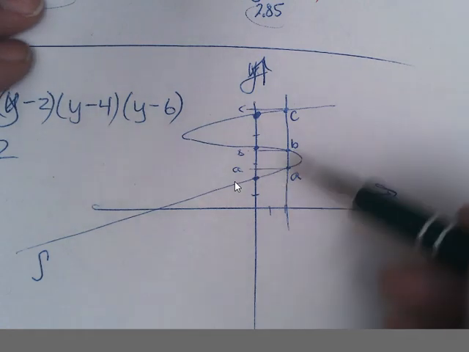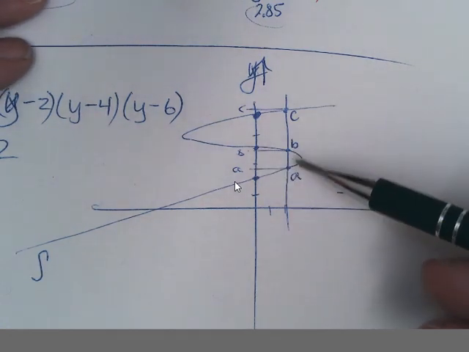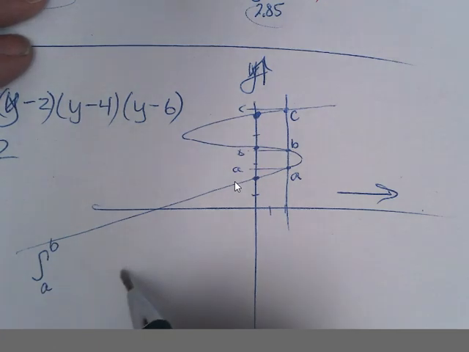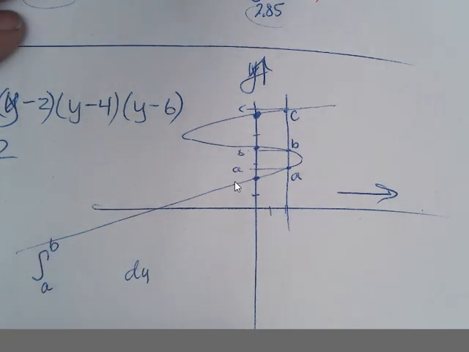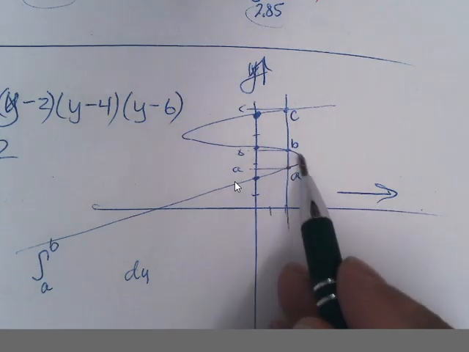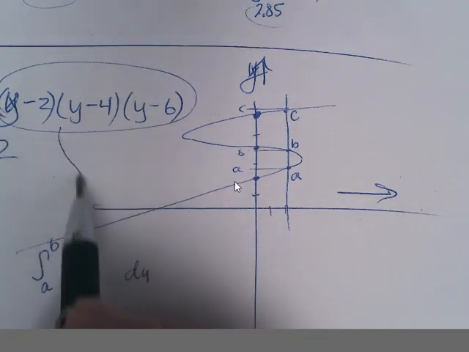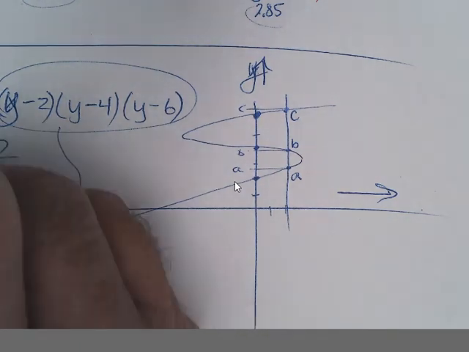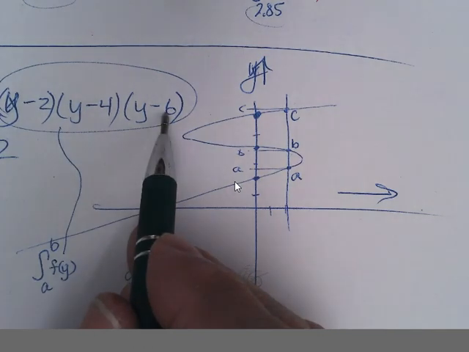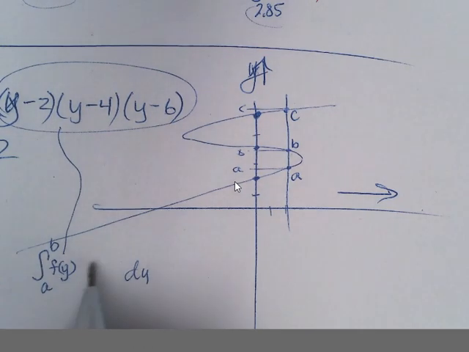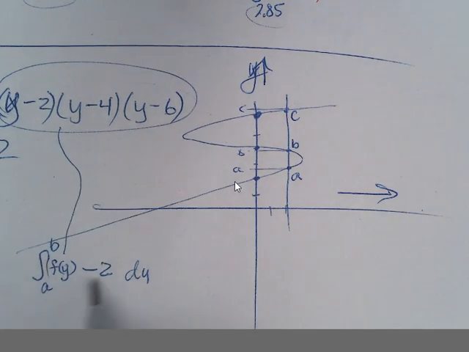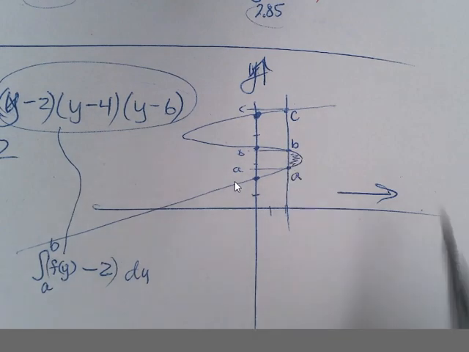So I'm going to do the integral from A to B to try to find this trapezoid area. But that's going to be dy, and it would be the curve, all of this, I'll call it f of y, the function in terms of y, minus 2. It would be just this minus 2. That would be this enclosed area,